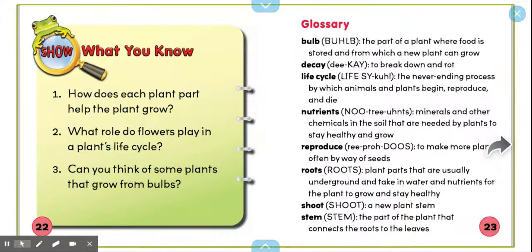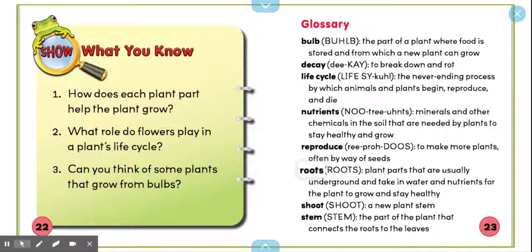I'm still surveying the text. It looks like I'm about to the end of this book. I can go back when I'm ready and read the book and make sure I understand all of these glossary words. We've got bulb, decay, life cycle, nutrients, reproduce, roots, shoot, and stem. So I'm going to make sure that I understand the meanings of all of those words as I'm